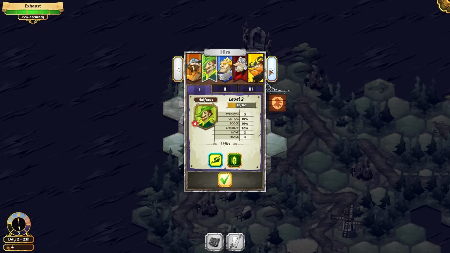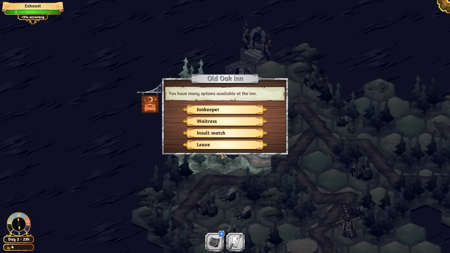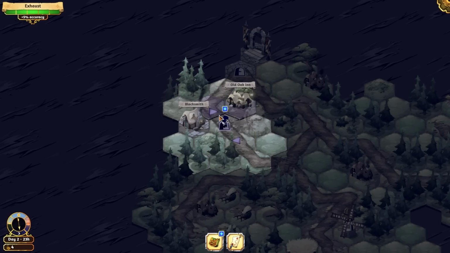Now, I've been really, really selective about who I bring along when I play the game, and I think I need to start leveling up some of the other characters. So I think I'm going to bring Halfaris along for a little while. There's an insult match over here. I don't know who wins the insult match. I have figured out a lot of the people who win these little contests. Darian wins at arm wrestling, Zoe wins at singing, Theogal wins at drinking, and then the insult match, I would assume, is probably...